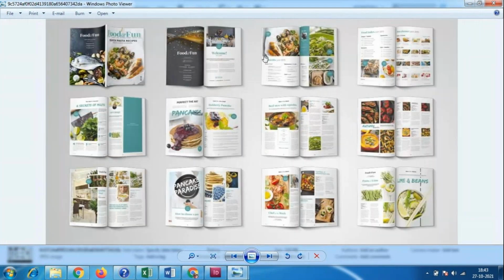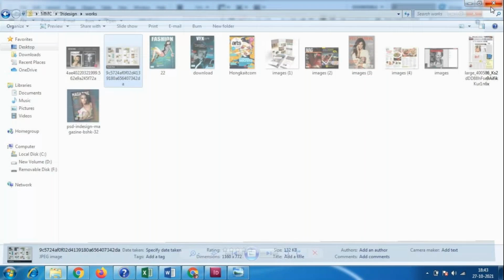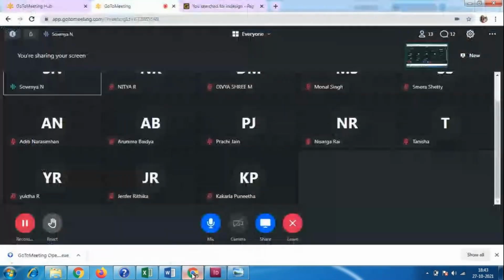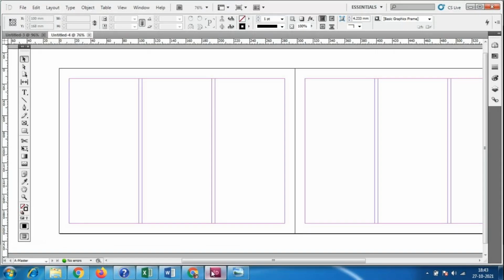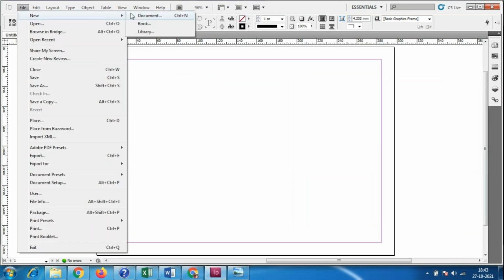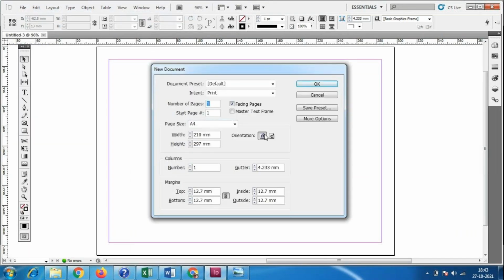Okay, in the next class I'll show some more works. I don't have them now, I need to search in my system. Okay, so there are two fold and three fold brochures, and when we have to create the design, that time we are using these rows and columns. So no need to worry about these things. Horizontal and vertical directions are very important.